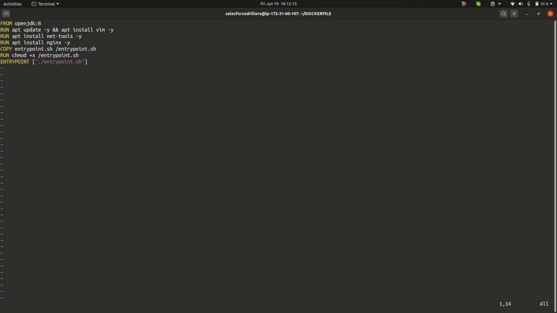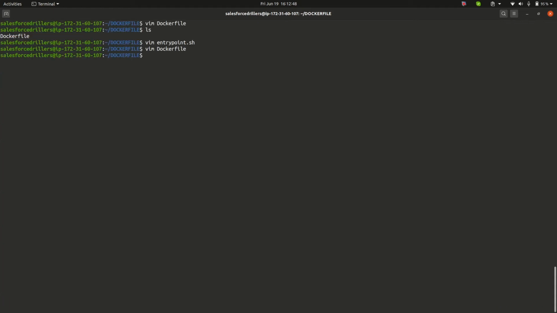From OpenJDK:8 means first of all it will pull the Java image of version 8, then it will install the Vim editor, then some net-tools, then nginx, then it will copy our entrypoint from the build context to the root directory inside the container, then it will give the executable permissions to our entrypoint.sh script inside the container, and then our entry point will run our entrypoint.sh script.